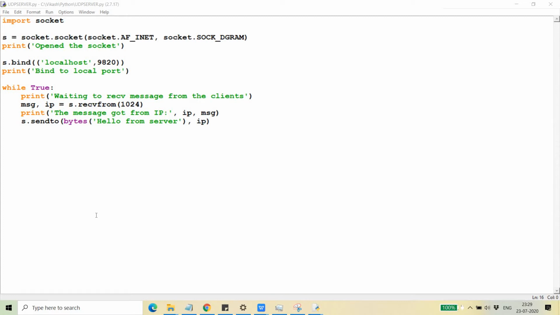In today's video we are going to discuss the datagram sockets. In the past two videos we discussed how you can use TCP sockets, and in the previous video I showed you how to create a multi-threaded server application and how multiple clients can ping that server and communicate through it, right? In coming videos I will show you how to create a stream socket based, or TCP socket based, chat application.